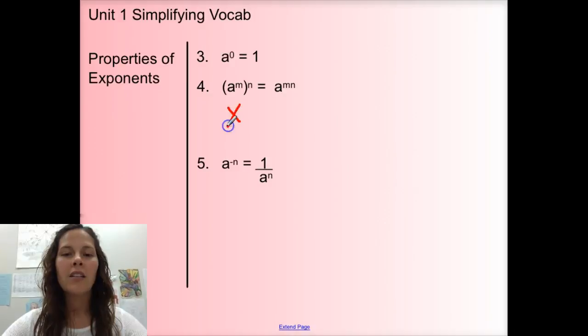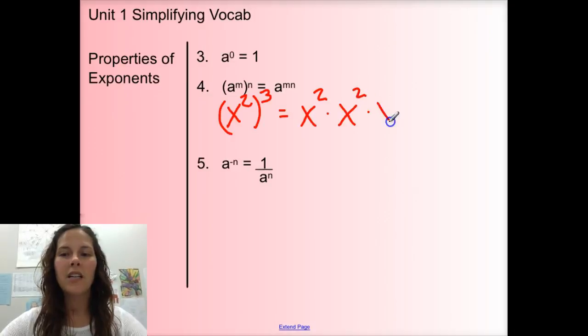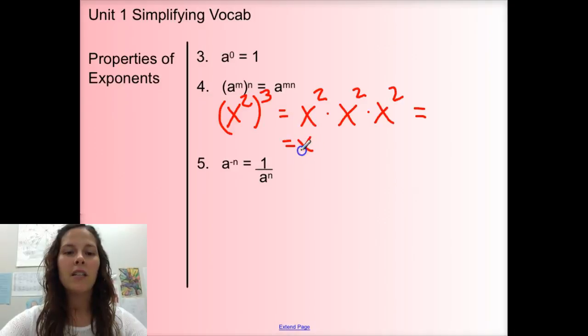If we have x squared cubed, it means we're going to take x squared and multiply it by itself 3 times. We can either use the power rule that we learned yesterday, where we're going to add those exponents, or we could further expand each of these as x times x, and we see that we're multiplying x by itself